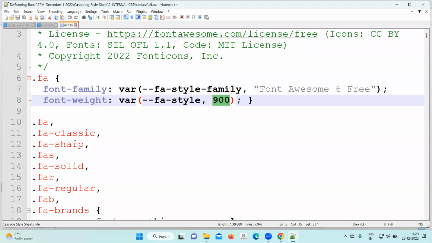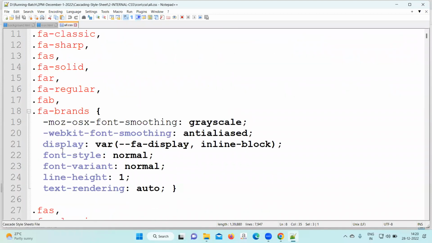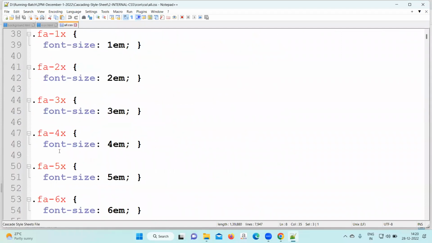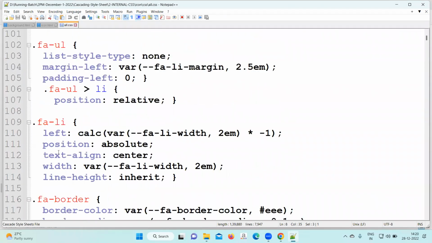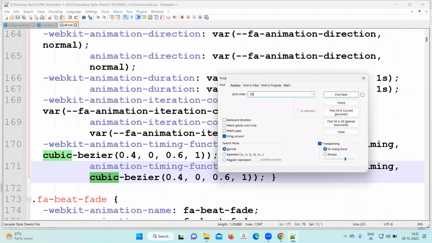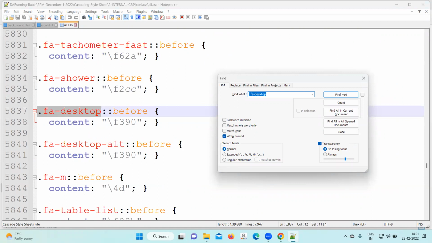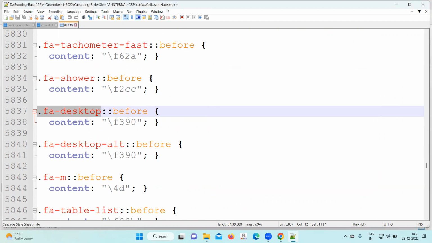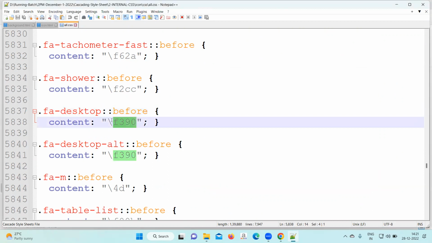The second class we have is called FA hyphen desktop. FA hyphen desktop should be there. Let me search with Control F. FA hyphen desktop. Right? It is here, FA icon desktop. And then you can see content colon something. Right? So